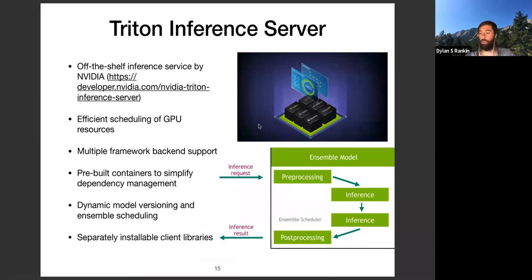What we use as part of this, part of HERMES and as part of effectively doing as a service, is something called the Triton Inference Server. So this is an off-the-shelf inference service, which is maintained by NVIDIA. It's designed for GPUs, so it does very efficient scheduling of GPU resources. It supports multiple framework backends. So this is part of the solution to these framework arguments